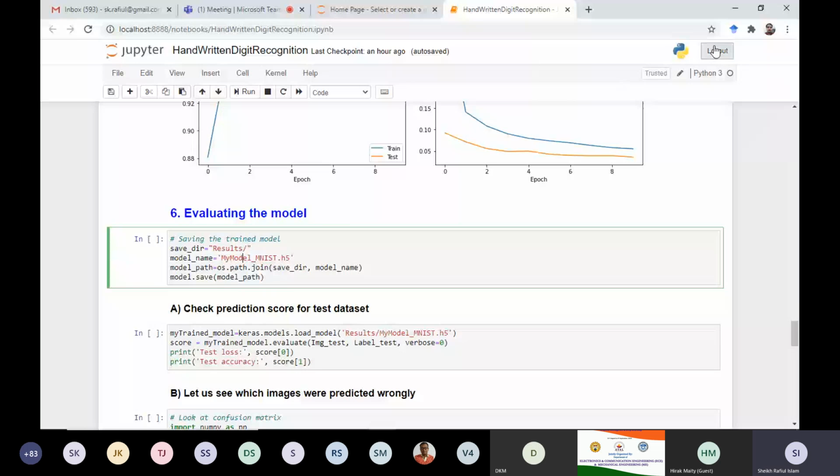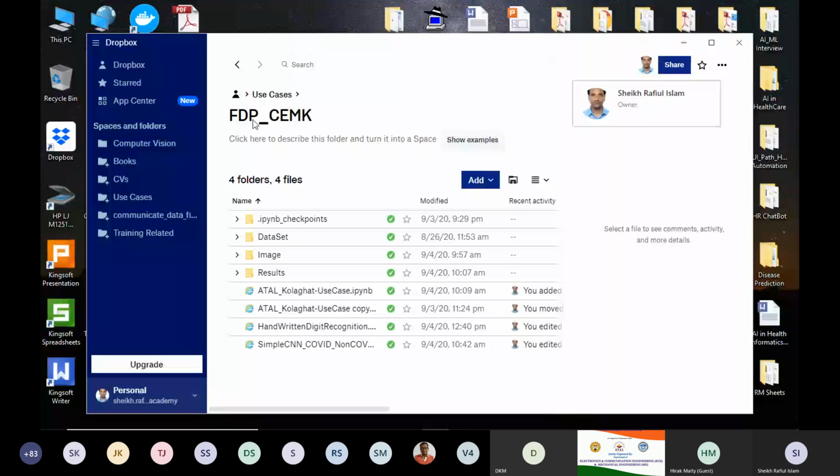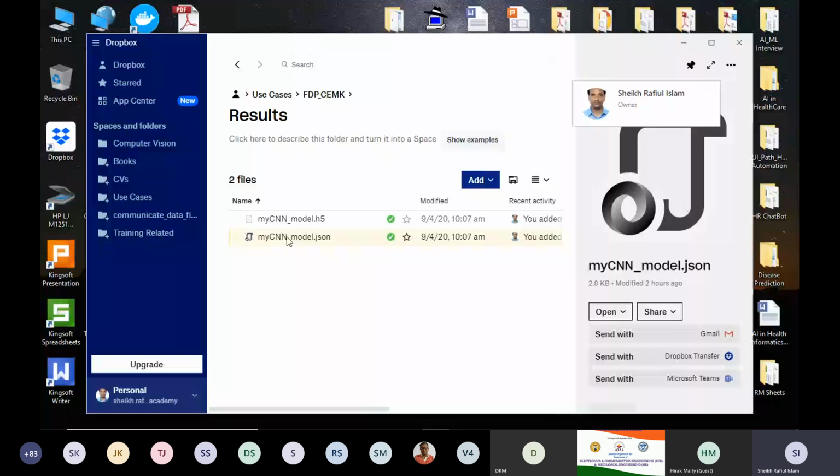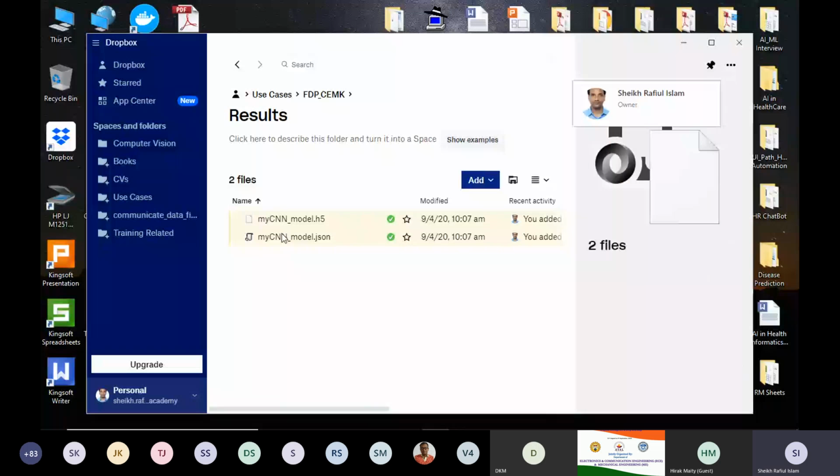The saving directory is results. If you see this folder, in this FDP I have a folder results. What I am doing here is deleting all those things so that you can understand clearly.